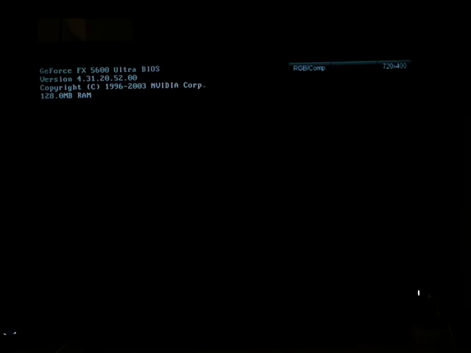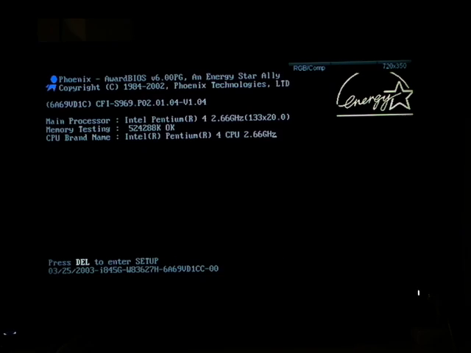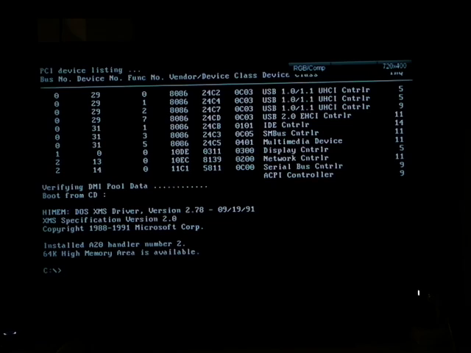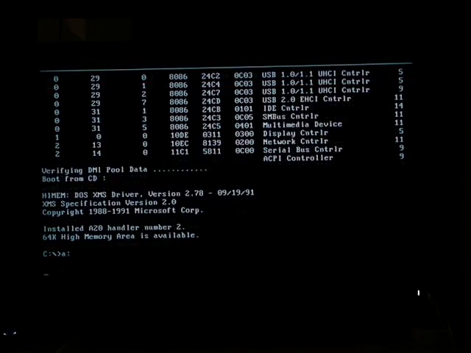Like I said before, this is going to be the same installation of DOS, the same installation of DOS as the MS-DOS 5 video. As you can see, everything's good there. Now, I don't know if this is going to work because I couldn't get the disk copy command to work, so let's just go ahead and